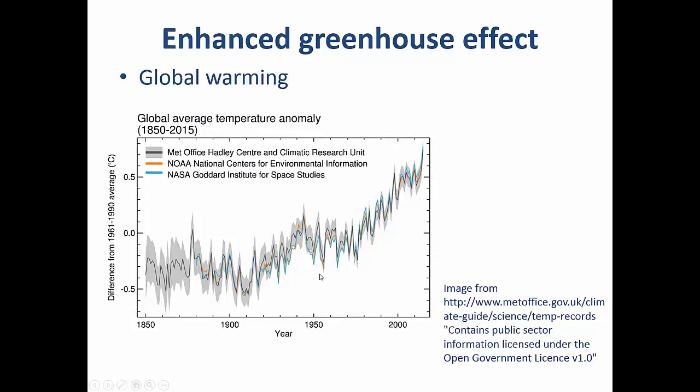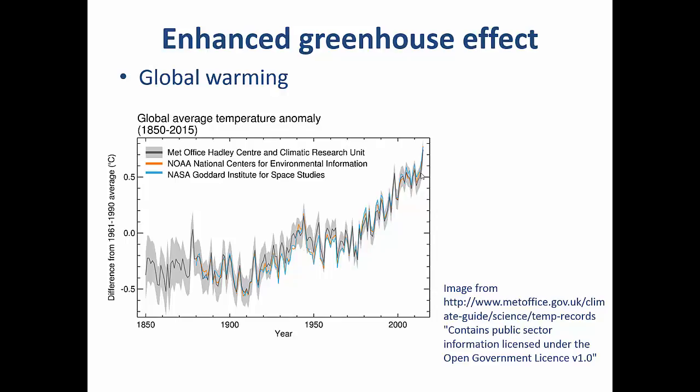In addition, we can attempt to measure the global temperature. The averaging that goes into this is relatively complex, obviously. This graph shows the difference from the 1961 to 1990 average over the period 1850 to 2000. So clearly this is the region we're looking at the difference from. Prior to that period, the difference tends to be negative, i.e. the temperatures tend to be lower. Since that period, the temperatures are clearly going up really quite rapidly, and essentially we are seeing global warming, and